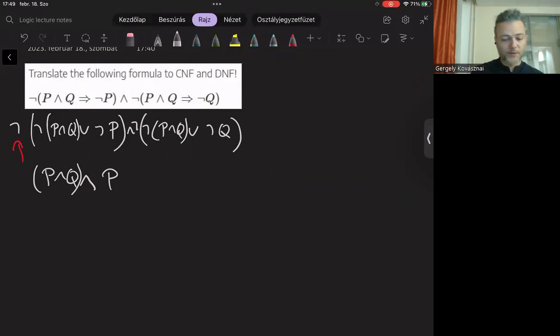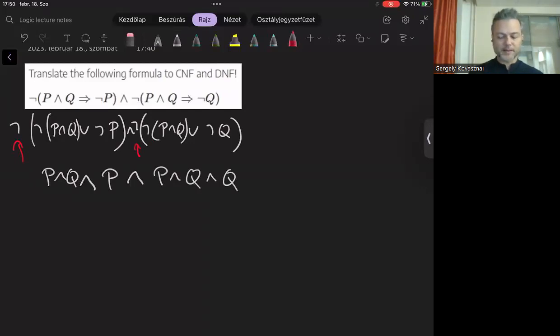And also, if you look closely, we can eliminate those parentheses because conjunction is associative, so it doesn't matter in what order we apply those conjunctions. Okay, let's do the same trick to this negation, and you can guess that we get the following formula, which is really great. And actually, both of them are connected with this conjunction in the middle. I eliminated all the parentheses. We don't need any parentheses here because we only have conjunctions.